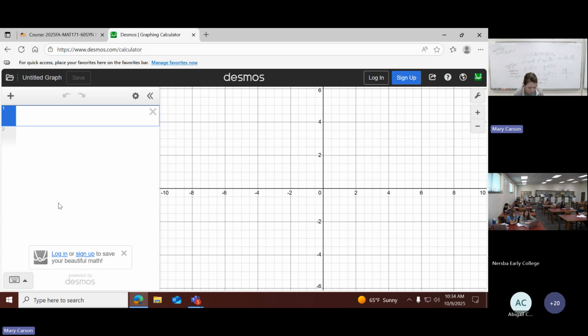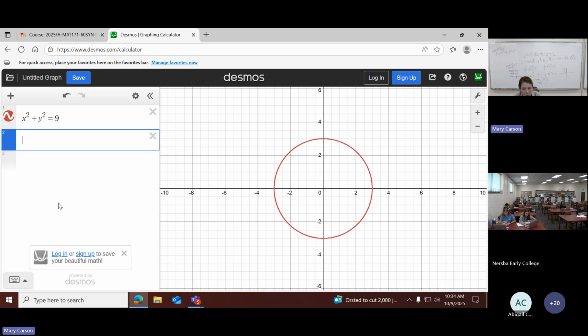All right, let's try it. Let's see if it does x squared plus y squared. Okay, it did do that. Now, if I plot that there, you can look at this and tell that obviously this one's center is 0, and then you would count over 3, and that would give you the radius. Now let's try